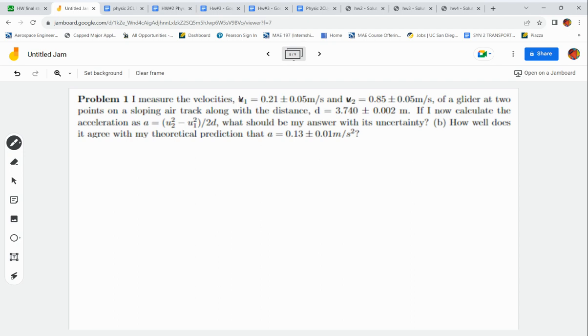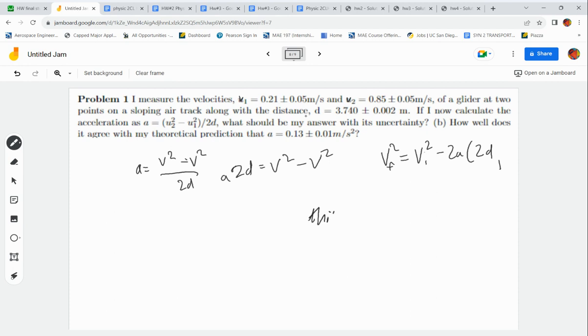V. Now, knowing this, if you know anything, this is a constant acceleration. Yeah, this is constant acceleration. What this equation is, is 2da equals v squared minus v squared, which is actually v final squared equals v initial squared minus 2ad. This only works